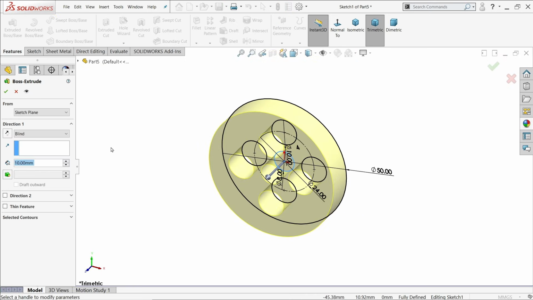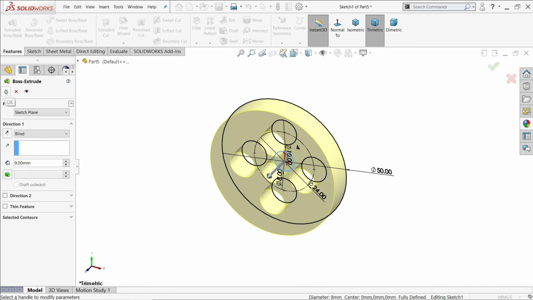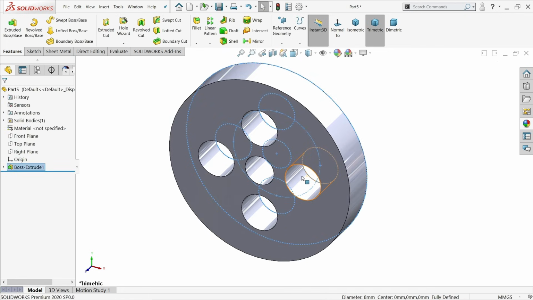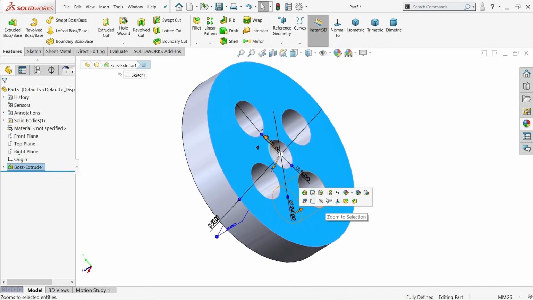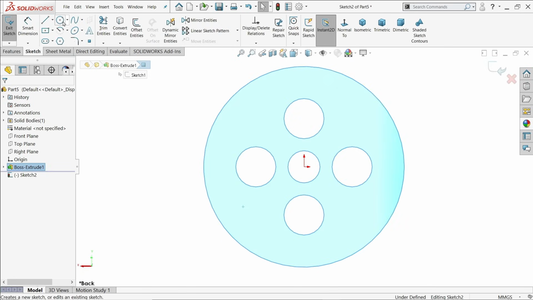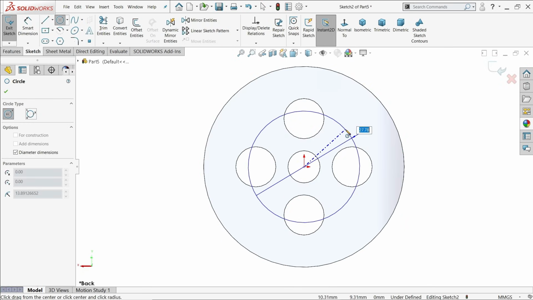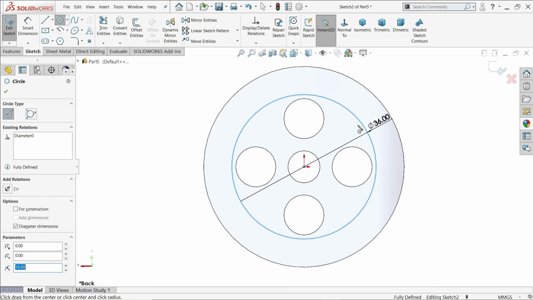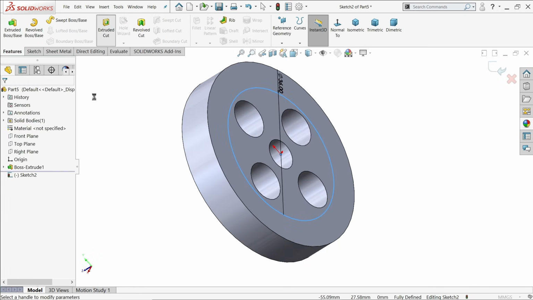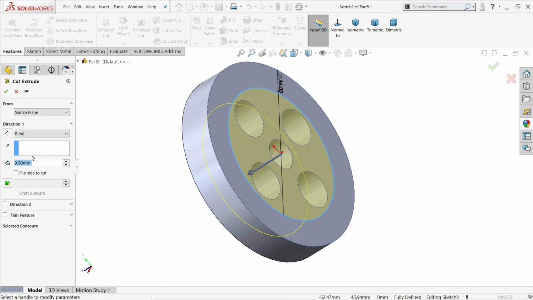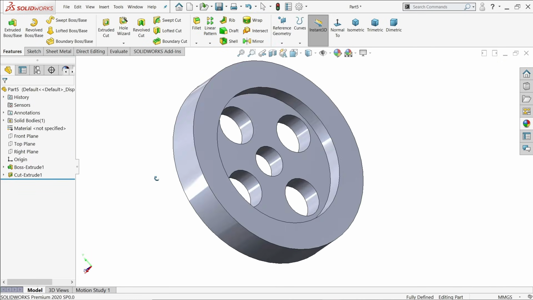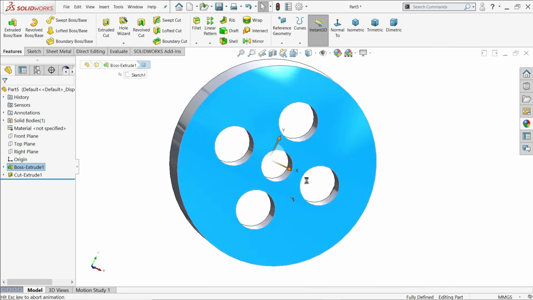Extrude, and this one extrude 9 millimeter. Back side sketch a circle and keep diameter 36, and this is what we are going to cut. Features, select extruded cut and make the depth here 4 millimeter. Oh, look, sketch